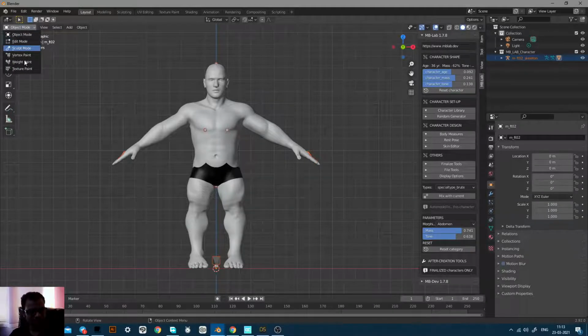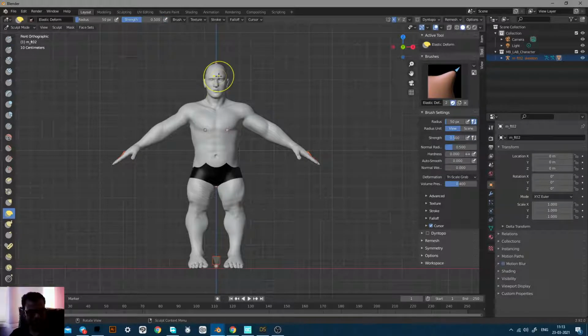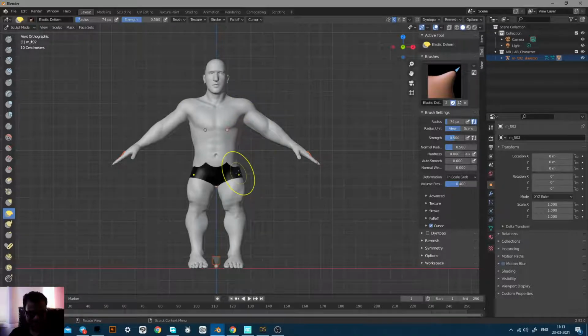And sculpt is just damn powerful in Blender. My goodness.